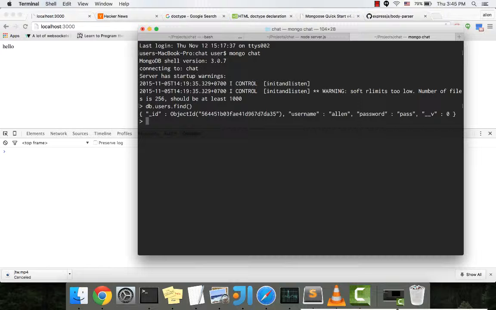Users.find. You can see that we created one new user, but the password is not encrypted, so I want to remove this user,